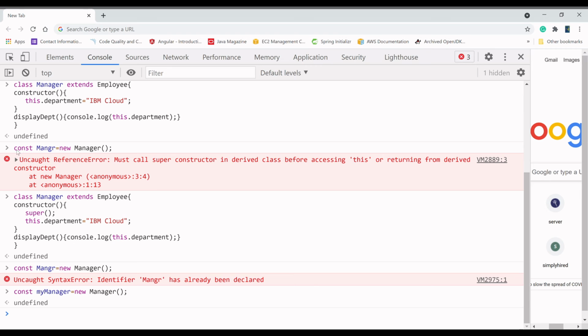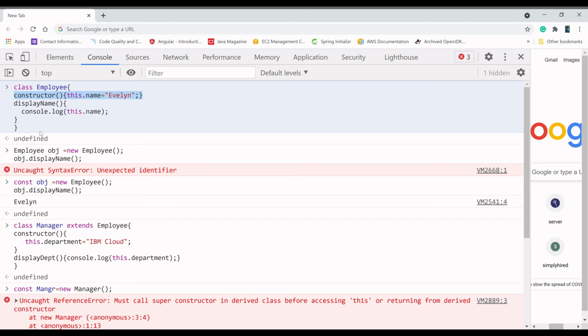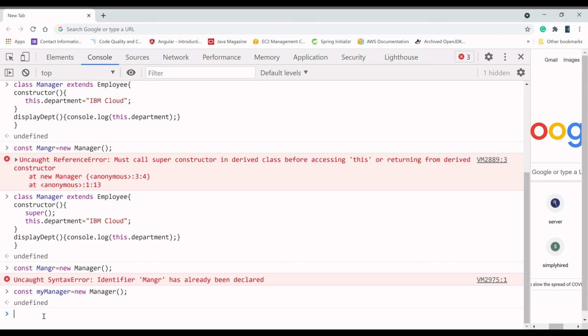See, previously when we called this, what did we get? We got the exception. The super constructor is not able to access this, because the name Evelyn is not available and the method is also not available, right? So what we have to do is call the super constructor, right? Now my manager is there, and he can call department.